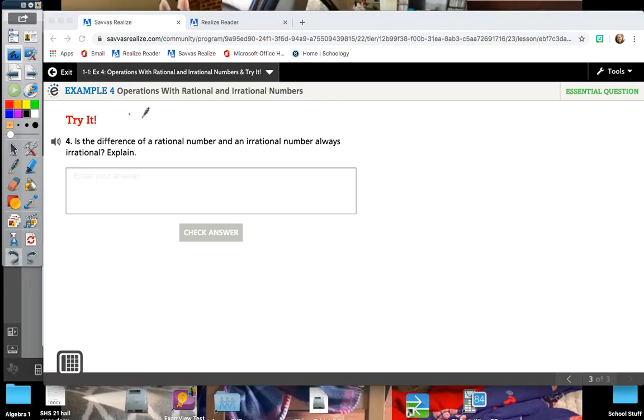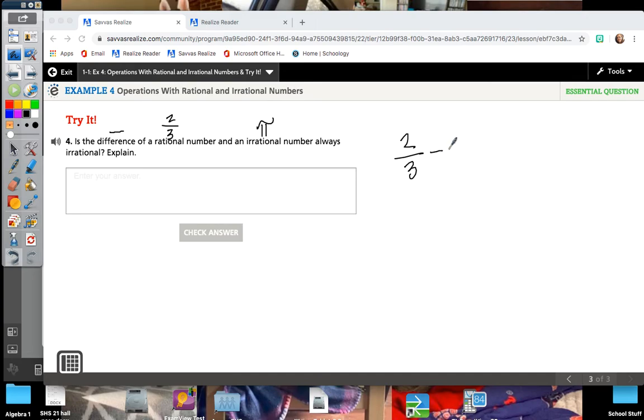We can try different numbers for rational. I'm just going to pick a random fraction. Stick with 2 over 3. That's what I've been using. And for irrational, I'm going to go with pi. If you want to pick a square root, you can do that. But the difference means subtract. So if we subtract these,